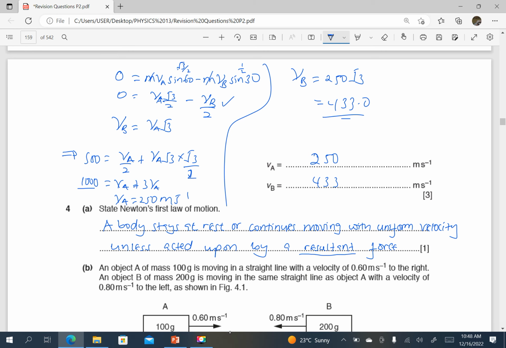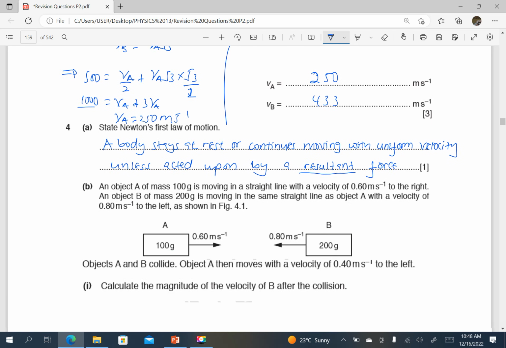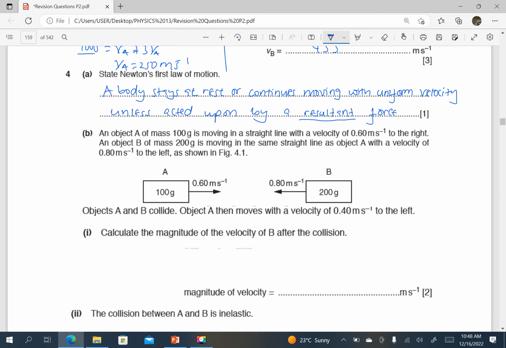I say the word resultant is very important in that law because the resultant force causes acceleration, it affects the